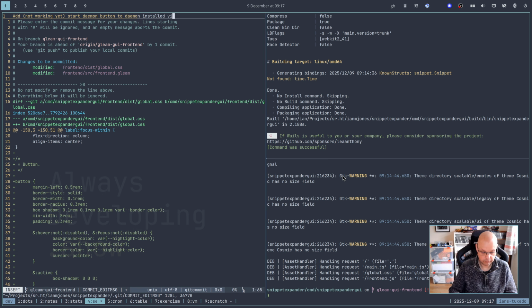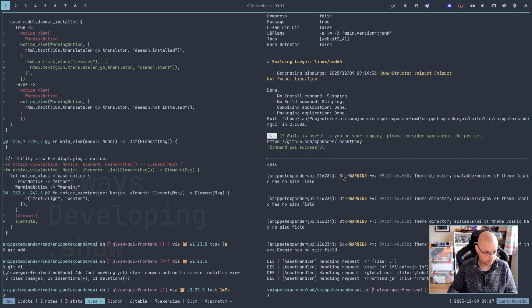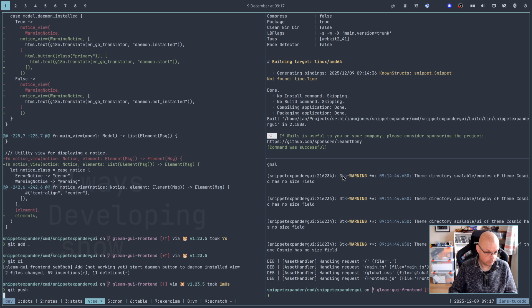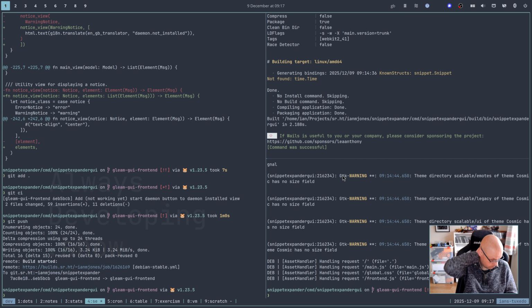Stored view. That'll do. Okay. Save that for safety. Okay, so next time we need to hook up